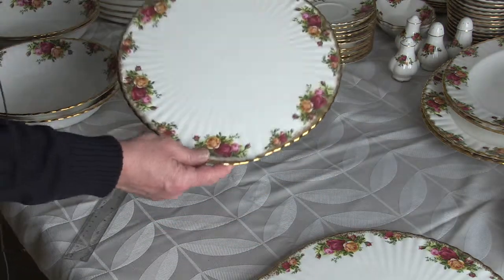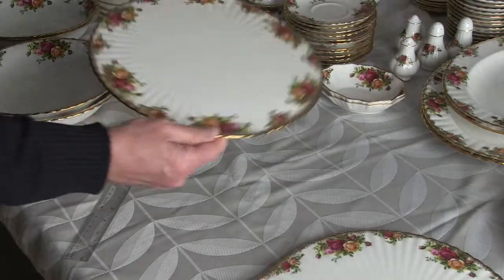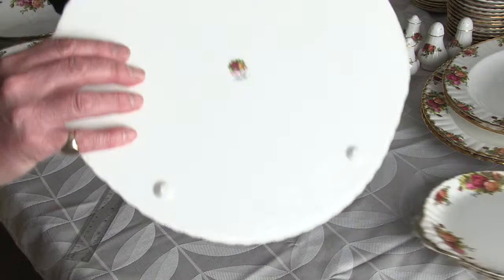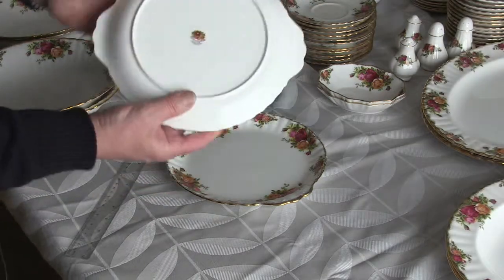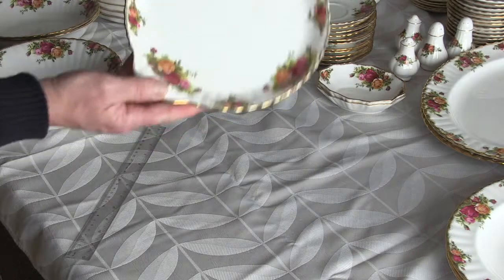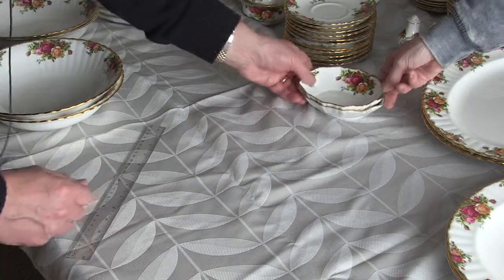This is, looks like a cake plate or a cake server. And there's two of those. That's one of two. Here's the second one. And there's two of these. It's one of two and two of two. A couple of these smaller little